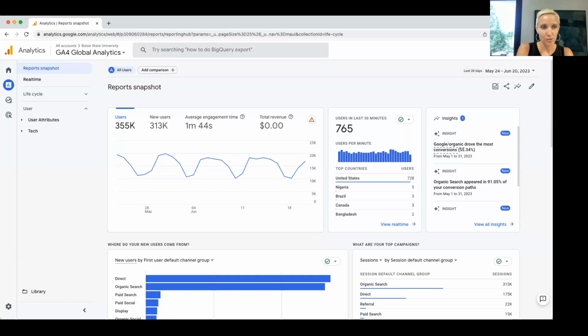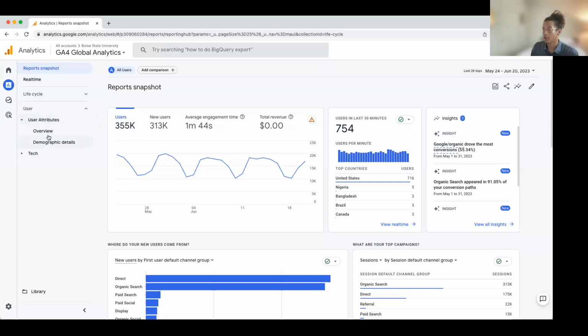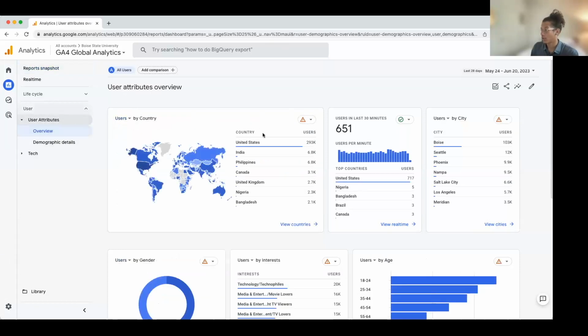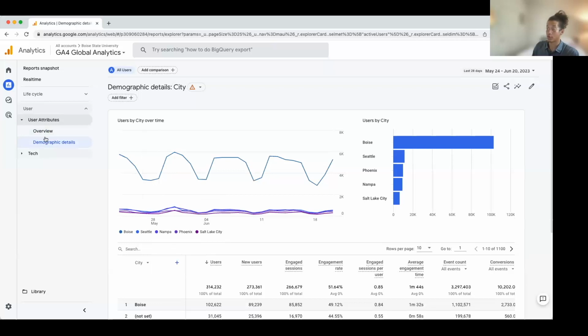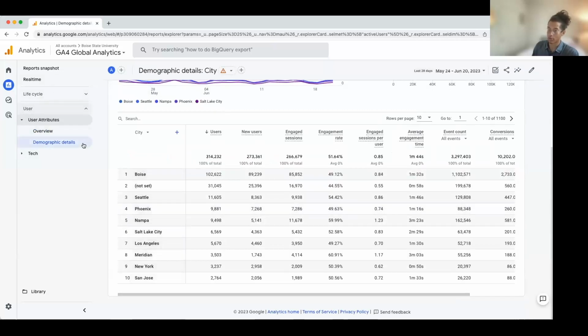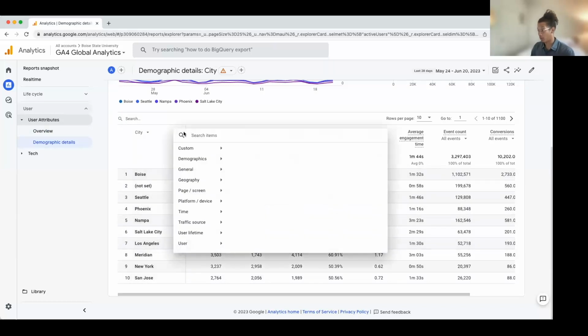Isaac, do you want to hit the user attributes and tech real quick? That's just where we can get some demographic. Sure, yeah. So going into user attributes, starting with the overview, we have users by country, and that can be changed to new users or returning users. Here again, just like in the real-time section, we have our users in the last 30 minutes, users per minute, and which country they're coming from. Users by city is a good one to look at. It will take us into our demographic details, which is similar to the reports we were looking at in the last section. But something helpful about cities is if we want to see